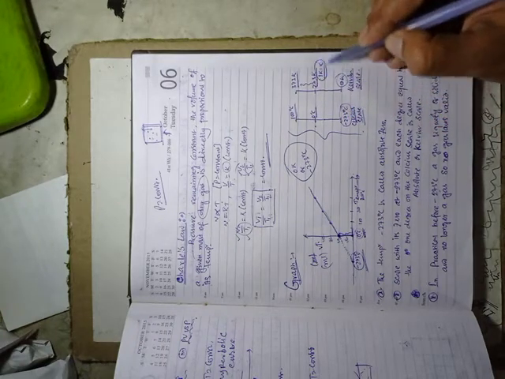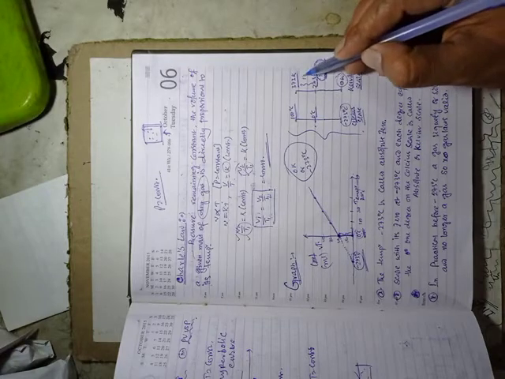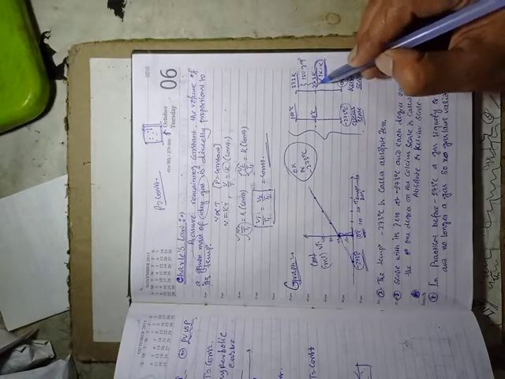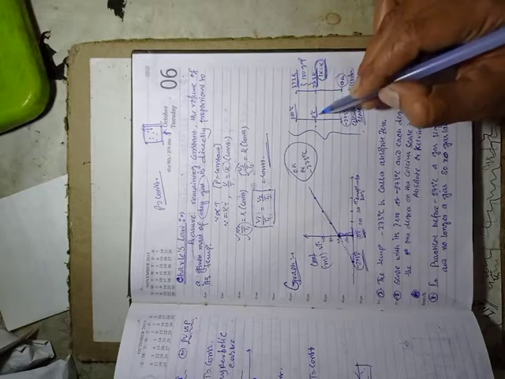So it means 1 Kelvin is equal to 1 centigrade. Here you can see a 100 gap, 273 to 373, similarly 0 to 100 degree also has a 100 gap. So 1 Kelvin is equal to 1 centigrade, and we convert when 0 Kelvin is equal to minus 273 degree